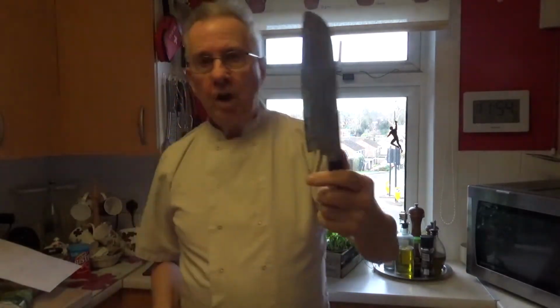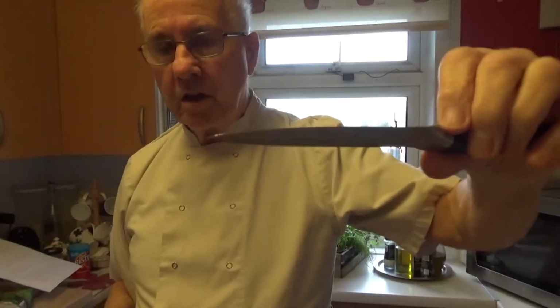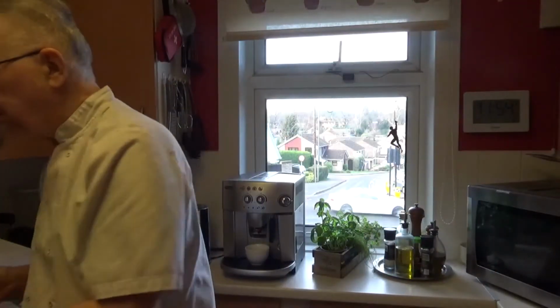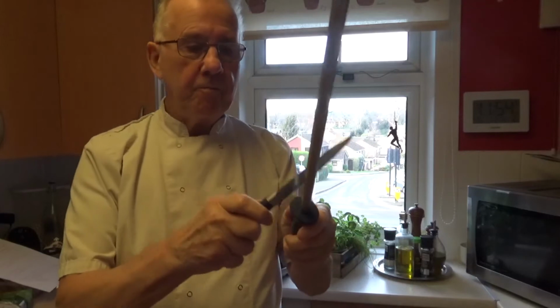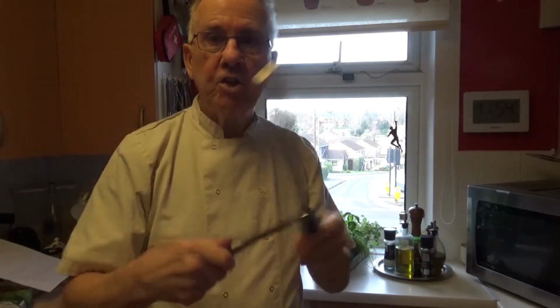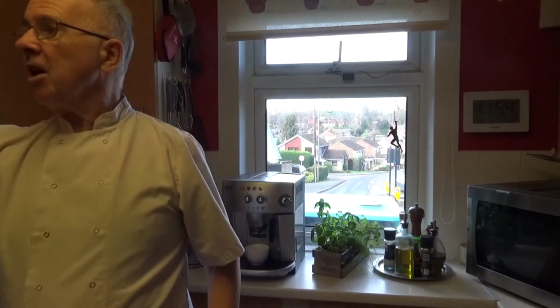A Santoku knife, which is for chopping. A lovely paring or utility knife. I use that most of all. And of course, the old steel. Now you should do that every time you cook. You should just sharpen your knife. I've got a boning knife for boning joints, and I've got a filleting knife, very flexible filleting